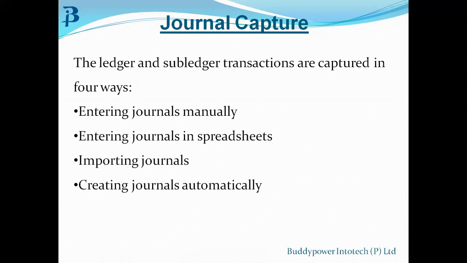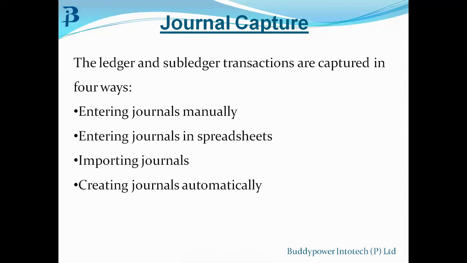So the first way is entering journals manually. Here you enter journals manually that occur once or infrequently, such as journals wherein you have to correct errors in the journal entries, or reclassify account balances which may have been wrongly entered into a wrong account. Those are usually done manually in a real-time scenario. This method requires the most time, meaning it's a very time-consuming process and is open to errors from human intervention, right? You might end up making some mistakes.